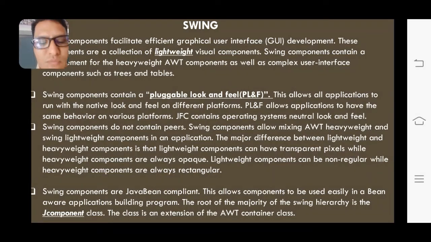If you observe, even if you are using the bean classes, the majority of the hierarchical class is the JComponent class. The JComponent class consists of all your controls. Your controls means components, as you have learned various components like text field, box, button, text area, and classes like that. The class is an extension of the AWT Container class. This bean component also consists of a JComponent class, while the majority is the JComponent class itself. Hence, this is an extension of your AWT Container class. As we know, Swing is an extension of AWT.